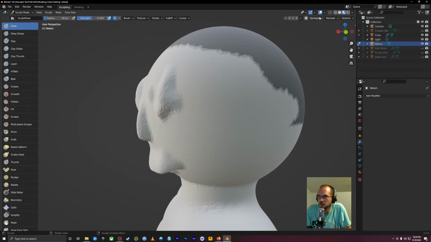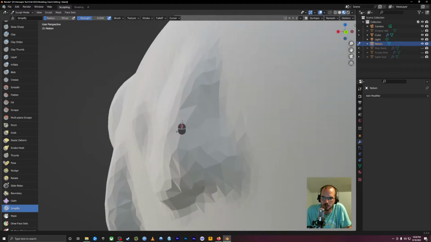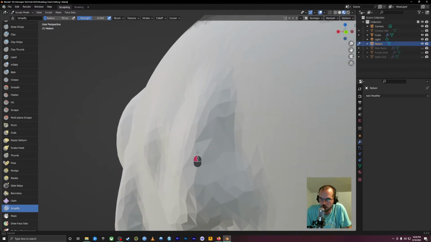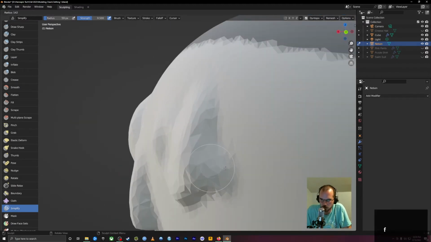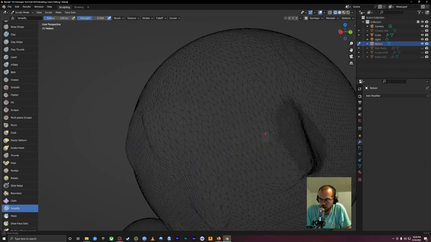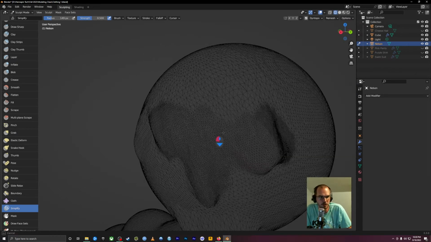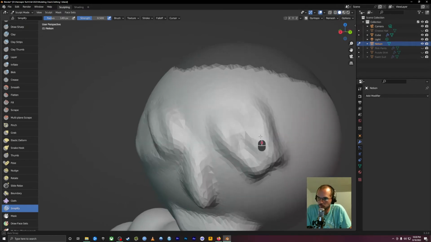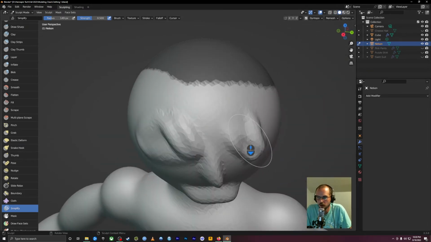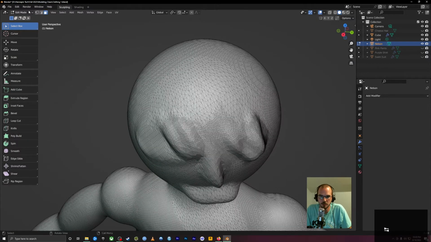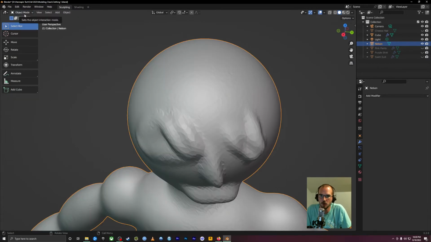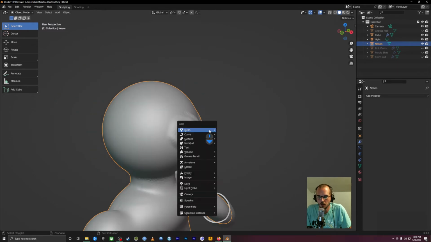But we turned on dynamic topology and I did simplify like this, and actually I zoomed way in and it made it really complicated, and there are lots of little pixels. So I'll show you the wireframe. I got lots, it's really complicated. So this is probably too much detail for an animation. So then what we can do, or what I've seen some people do, again, this is if you're getting fancy and if you're going to be a pro, what they'll do is